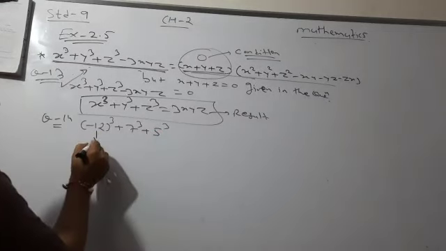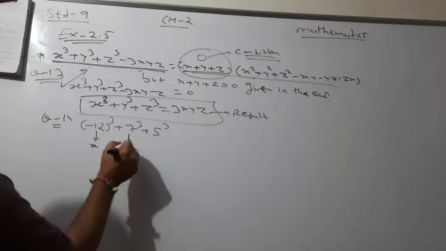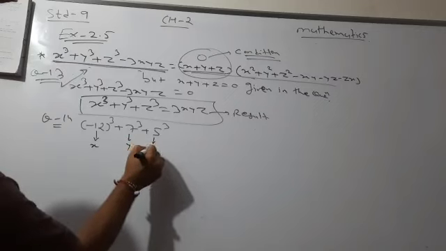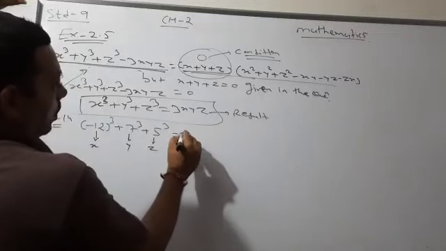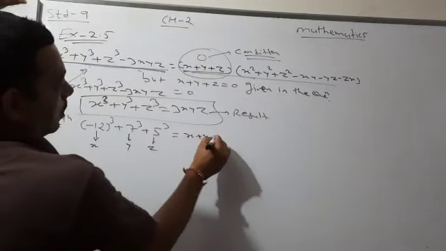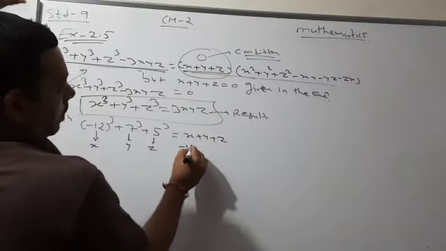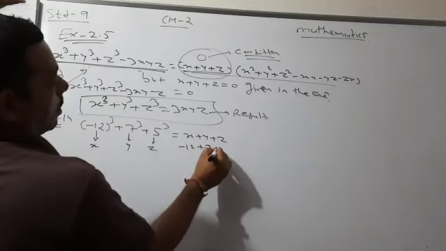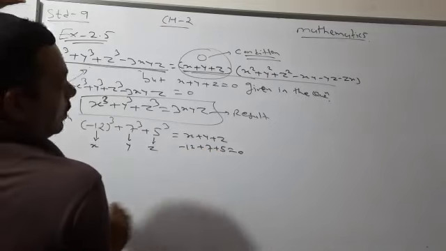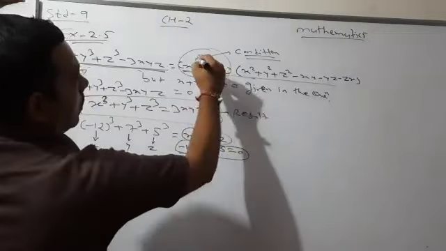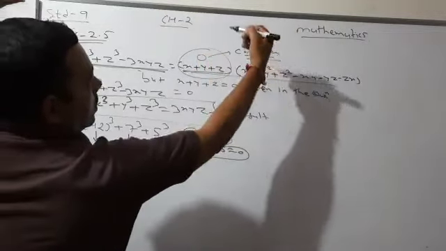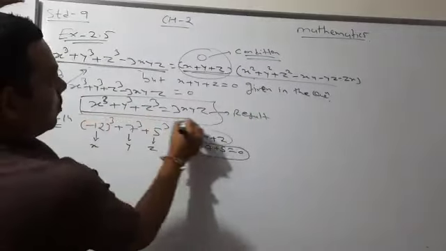Can we say this will be read out as x, this will be read out as y, and this will be read out as z? Then, by observing this, what about the relation of x plus y plus z? It's minus 12 plus 7 plus 5, which gives us 0. So what can we conclude? If the condition x plus y plus z is 0, the result must be this.